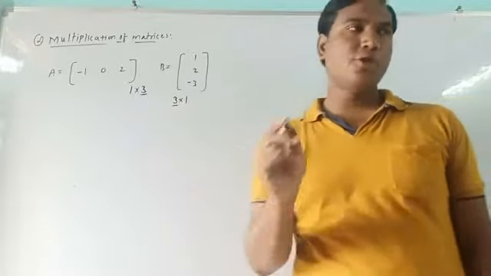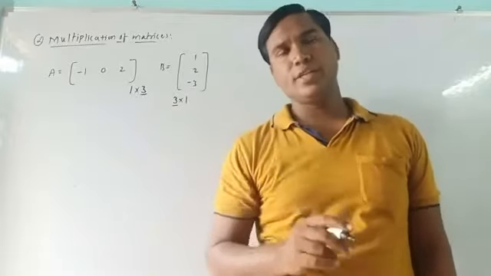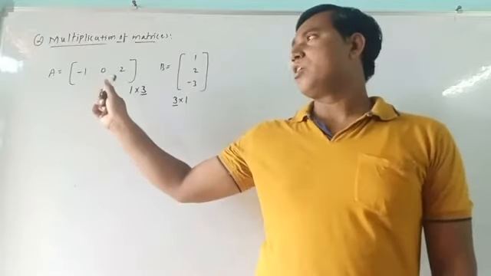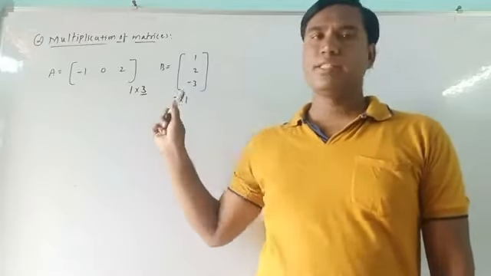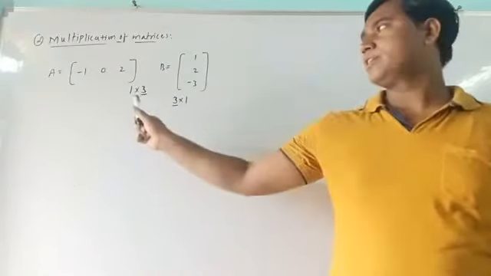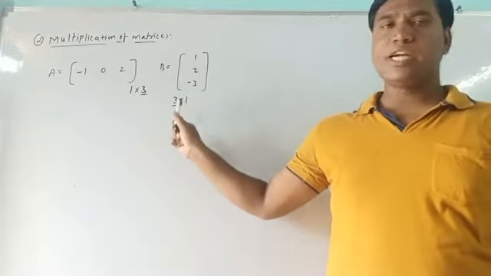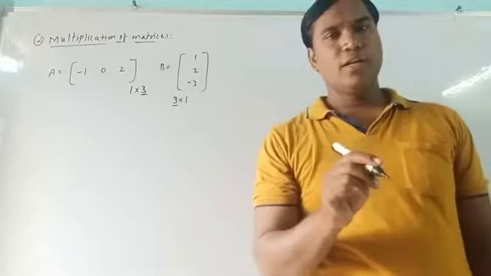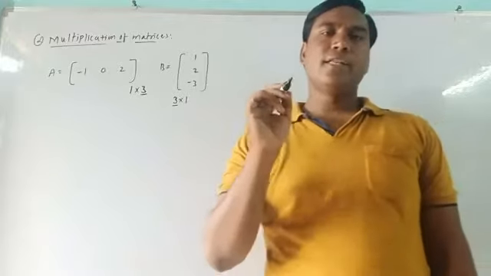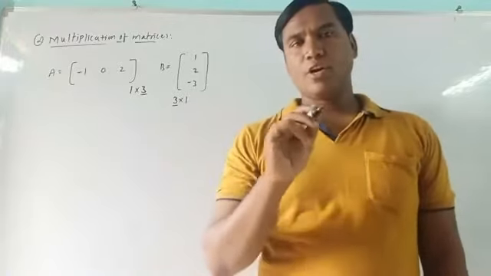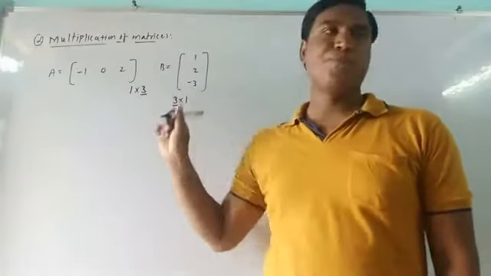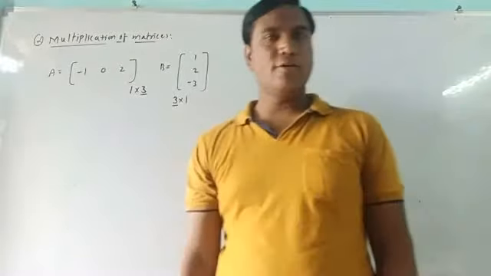Okay, so how many steps do you have to observe here? You have to observe 3 steps here. First one, you have to write the order of the given matrices, both the A matrix as well as the B matrix. Second, you observe whether the number of columns in first matrix is equal to number of rows in second matrix. If they are equal, then and then multiplication is possible or multiplication exists. And the third thing is that after multiplication, the order of the new matrix will compulsorily be 1 by 1. Okay, so these are the 3 important things you have to observe while doing the multiplication.